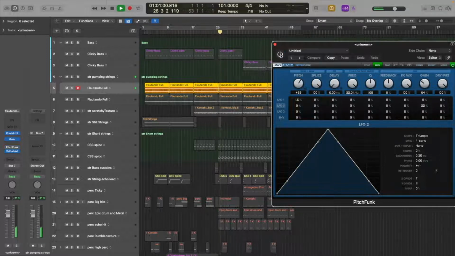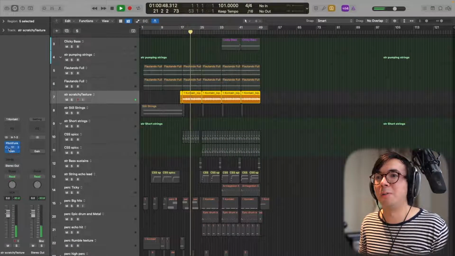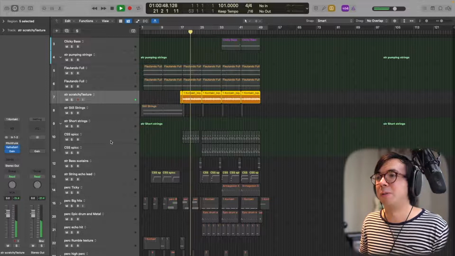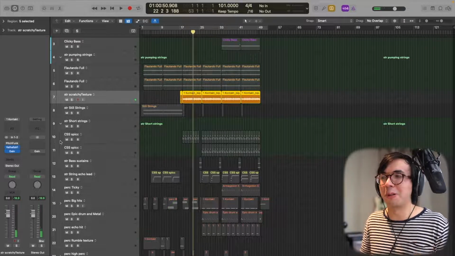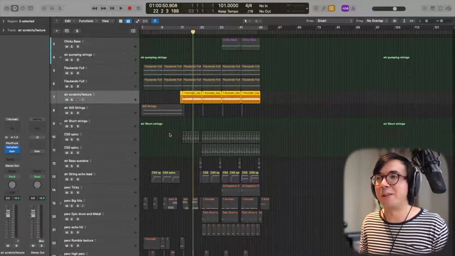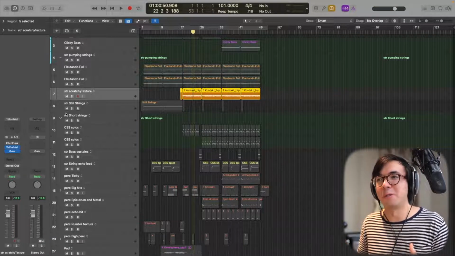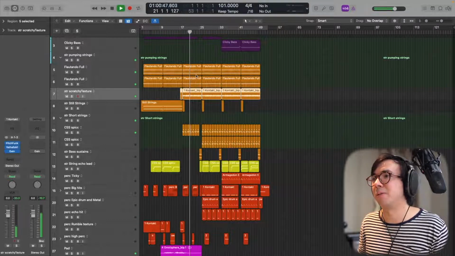So without it, it's just this element. Without the Pitch Funk plugin, it's just a chaotic string sound from Cage by 8Dio. I like the idea of using it as a rhythmic element. So with it,